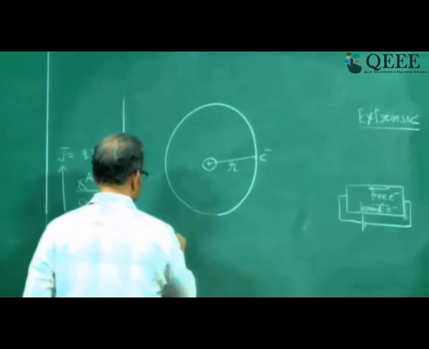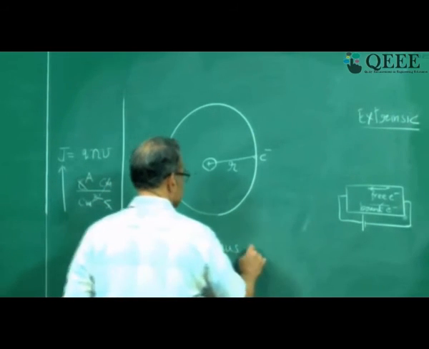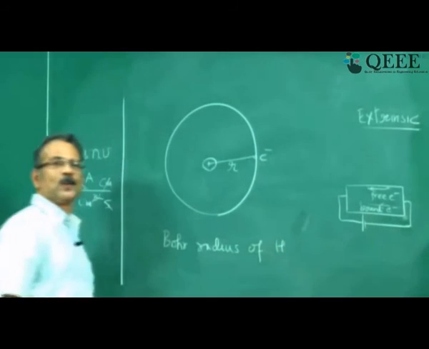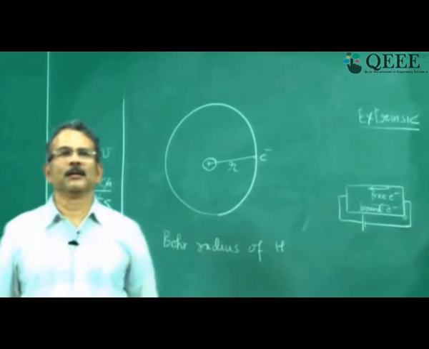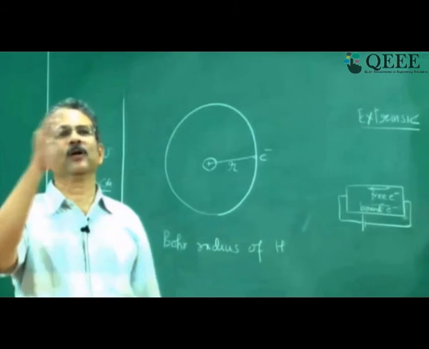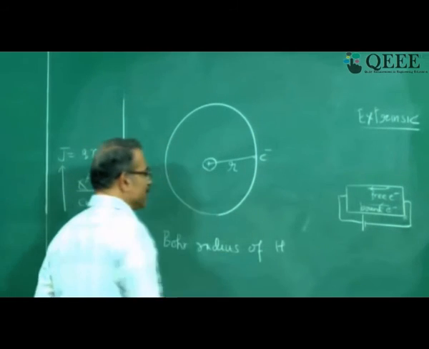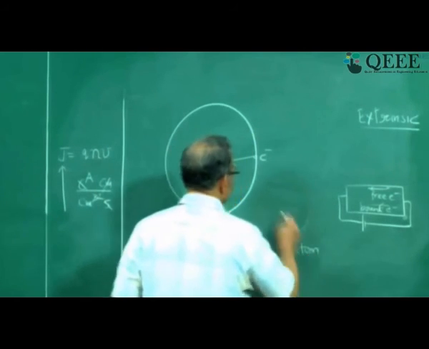Bohr radius of hydrogen. It will be in angstroms. Again, you are coming to atomic dimensions. When you try to calculate the Bohr radius of the hydrogen atom, of this electron,